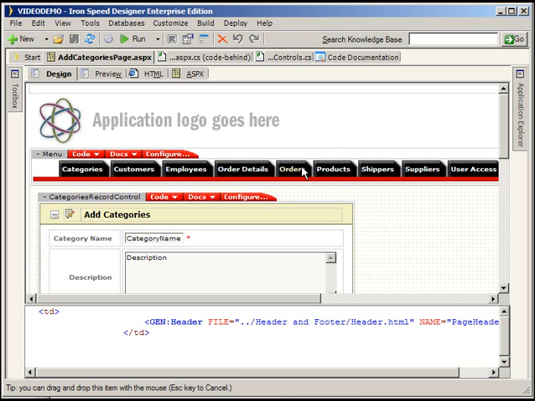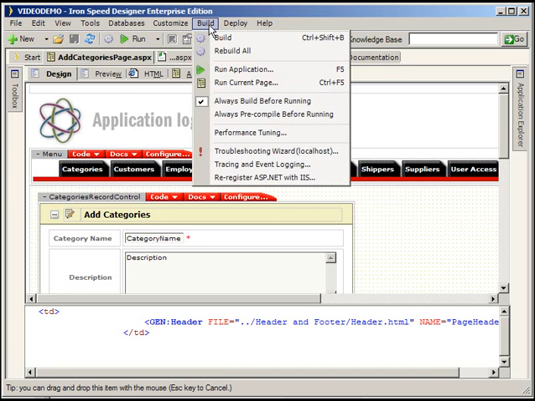With Iron Speed Designer Enterprise Edition, we can go ahead and accelerate this application deployment process using some built-in tools that are bundled into Iron Speed that really simplify this whole notion of deploying an application and take some of the ambiguity out of it, as well as taking away some of the opportunities we have to make mistakes when we're deploying our applications by hand. The menu that we're going to talk about today is the build menu, or excuse me,